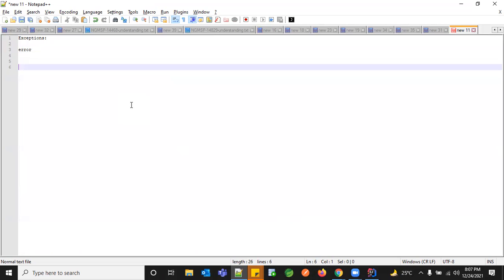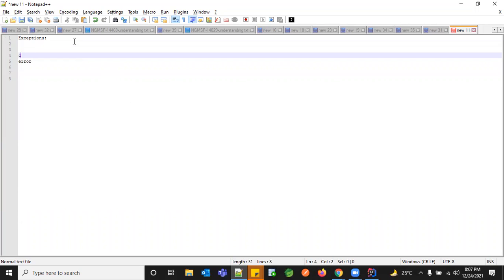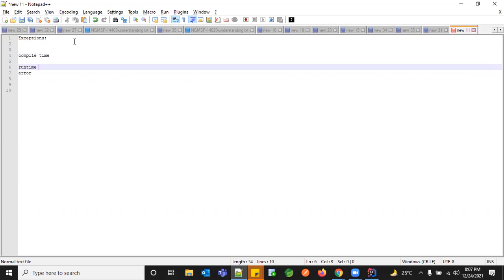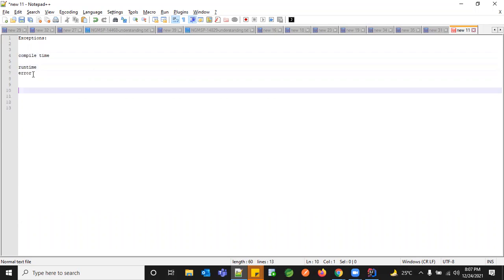So exceptions are like, whenever you create your own program, there might be negative edge case scenarios which you might not handle, and that can come into two categories: compile time exceptions and runtime exceptions. So how can we identify which of these two categories it falls into, what are the possible ways to do that, and how can we handle them is what exceptions are all about. And there's also one more term called error, and one more term called assertions. Have you ever heard about assertions?